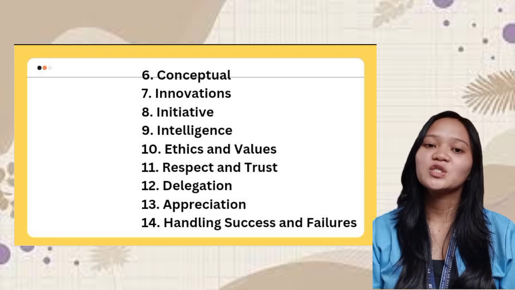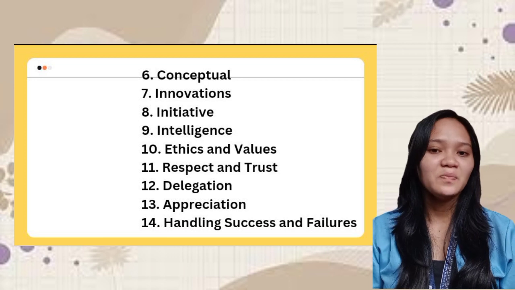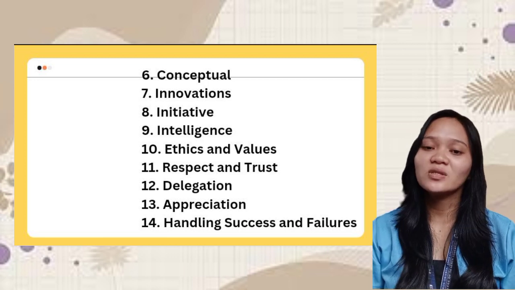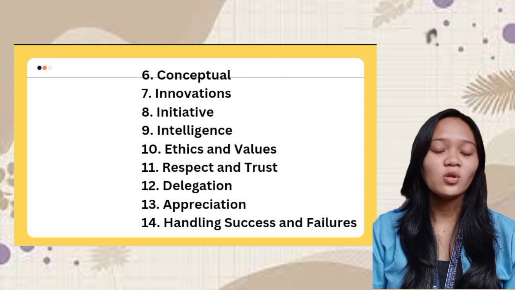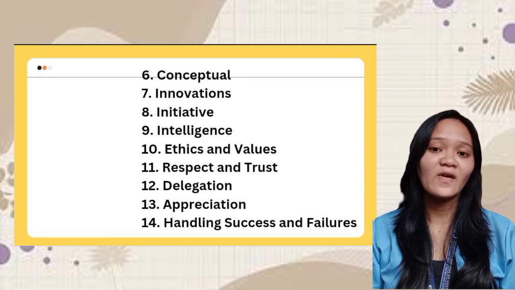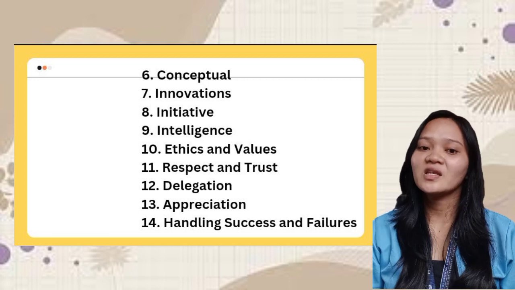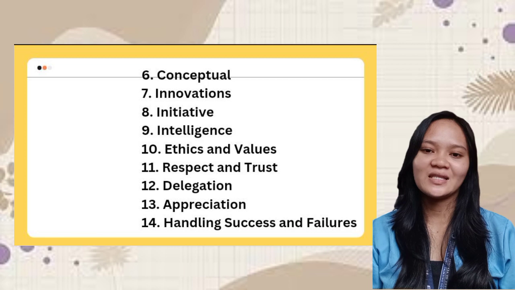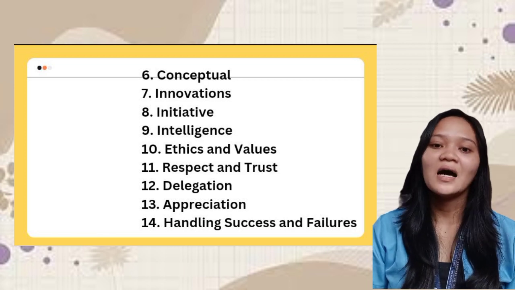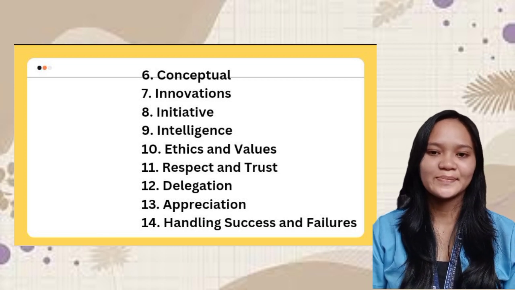The 11th one is respect and trust. People are naturally drawn to the leaders whom they trust and respect. Fear and control-based leadership could get some followers in the short term, but such coercive leaders will not earn the loyalty of the subordinates. To build a loyal team, a leader must be trustworthy.